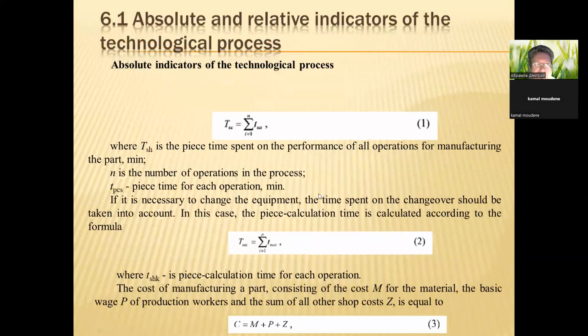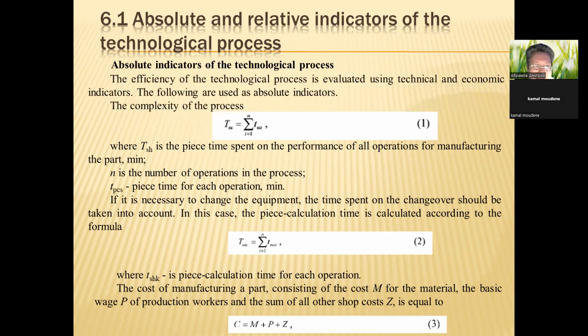And we start item 6.1, absolute and relative indicators of the technological processes. Absolute indicators of the technological process. The efficiency of the technological process is evaluated using technical and economic indicators. The following are used as absolute indicators. The complexity of the process. Use formula number 1. In this formula, T_H